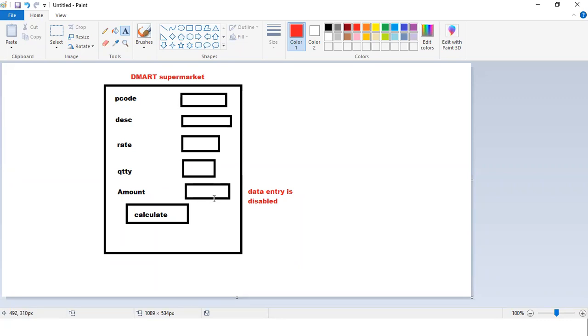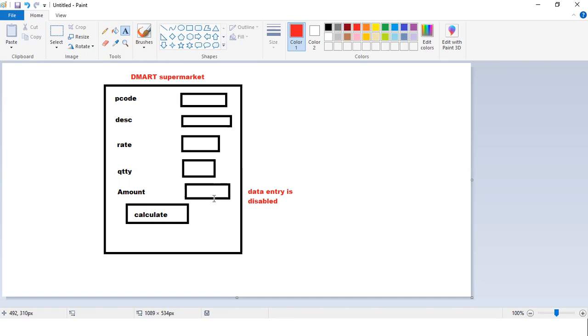Value equal to null and then read only. No, it's not necessary to write value equal to null. Simply you can say read only. When I'm designing my form, for the text box element we use an attribute called read only. When I use the read only attribute, it doesn't allow the user to type data inside. The control is disabled for the user for entering data. Entry of data is not going to be allowed there. It becomes read only.